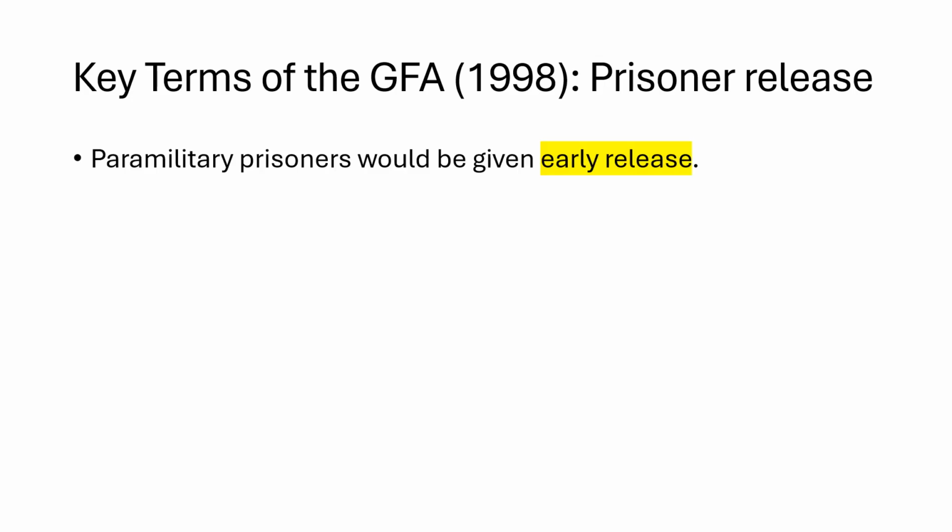The last big term of the Good Friday Agreement, and one that's really easy to remember, and it's perhaps the most interesting of all of them, is prisoner release. So it is agreed under the Good Friday Agreement that paramilitary prisoners would be given early release. So they wouldn't have to see out their full time in jail. That's members of the Provisional IRA, the Official IRA that was around before it went on ceasefire, other Republican paramilitaries, loyalist paramilitaries like the UDA and the UVF. All or most of those paramilitary prisoners would be able to get early release to set about normalising society and actually looking forward into the future.